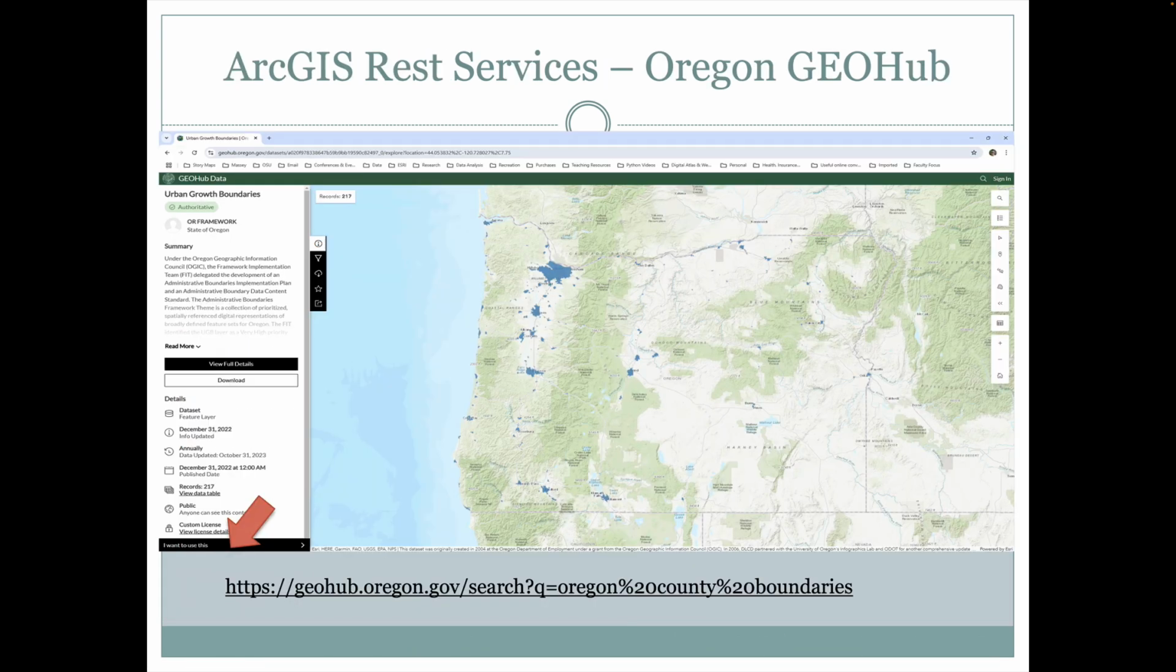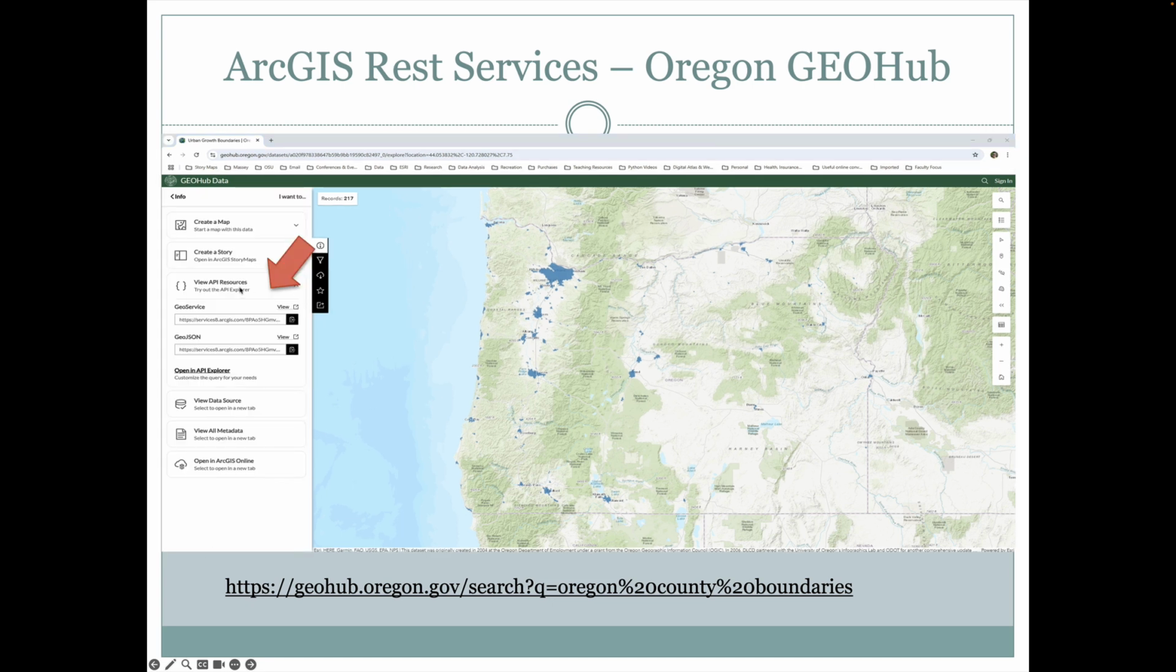So they're really good. Another example would be the Oregon GeoHub, which serves a lot of data. If we were displaying a map like this and we want to use the data that we're showing, we can click on this link down here. And then that would show what the API resources are here. So this is the geo service listed here, and that would allow the client to access this